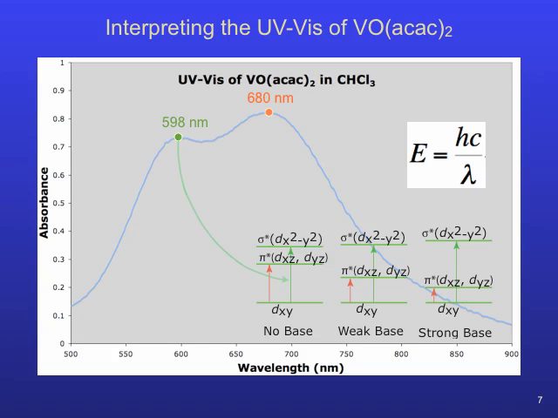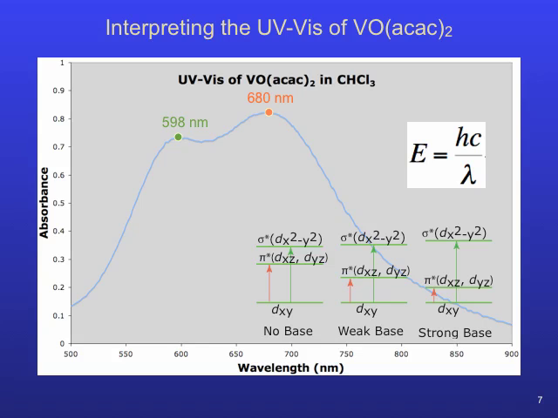The lower lambda max represents the excitation of a d electron to the dx squared minus y squared orbital, and the higher lambda max the excitation to the lower and degenerate dxz dyz orbitals. As the strength of the Lewis base is increased, the 680 nanometer absorbance shifts to higher wavelength. That is, the energy required to excite the electron to the degenerate dxz dyz orbitals decreases, and the 598 nanometer